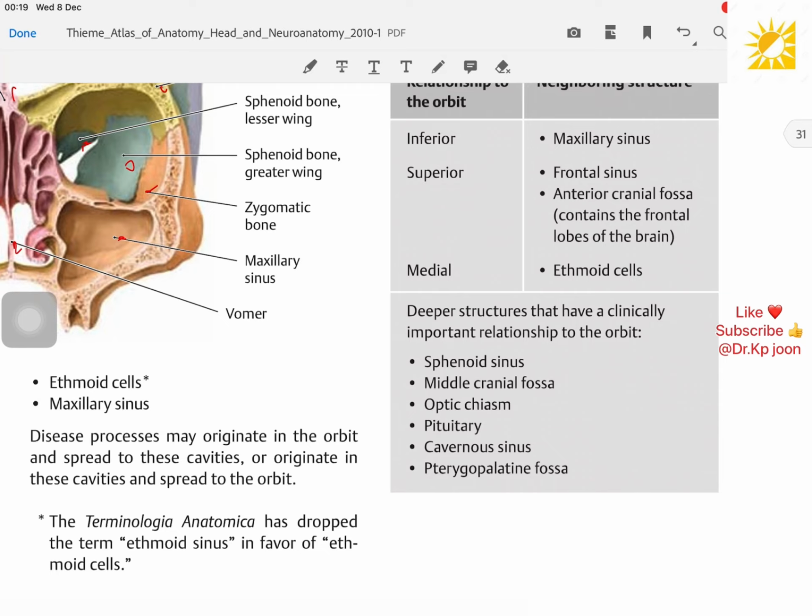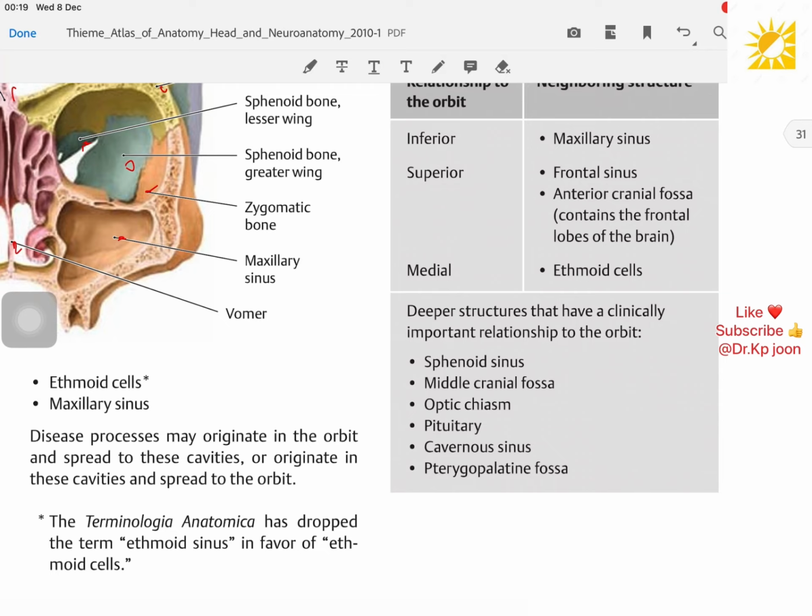This diagram is about the orbits and neighboring structures: coronal sections through both orbits viewed from the front. The wall separating the orbit from the ethmoid cells, 0.3 mm lamina papyracea, and from the maxillary sinus, 0.5 mm orbital floor, are very thin. Both of these walls are susceptible to fractures and provide routes for the spread of tumor and inflammatory processes into and out of the orbit,